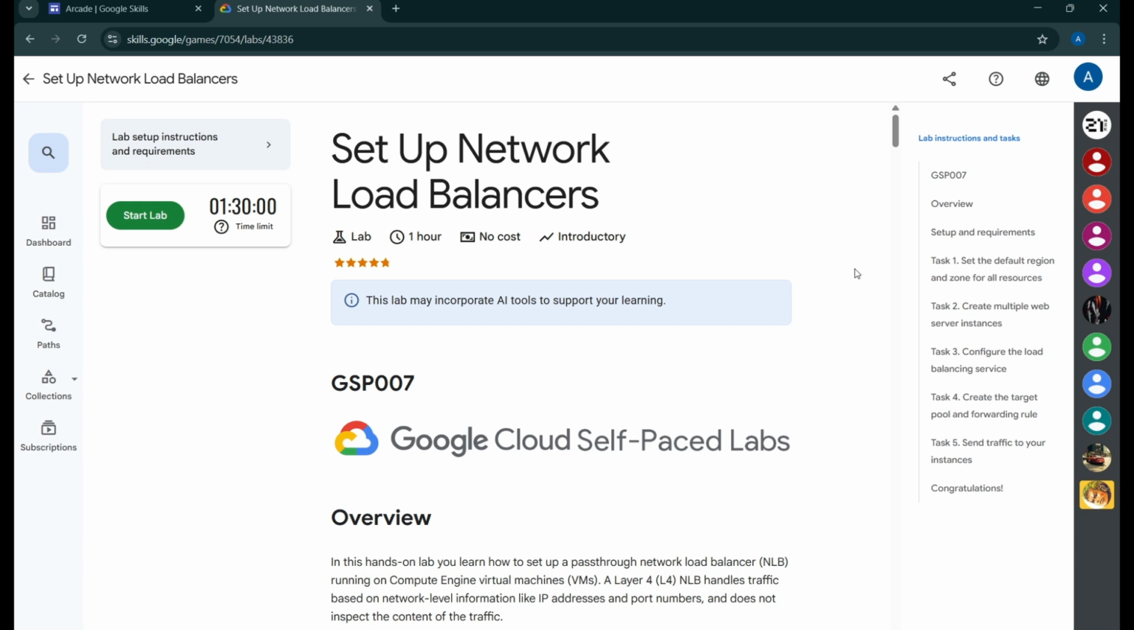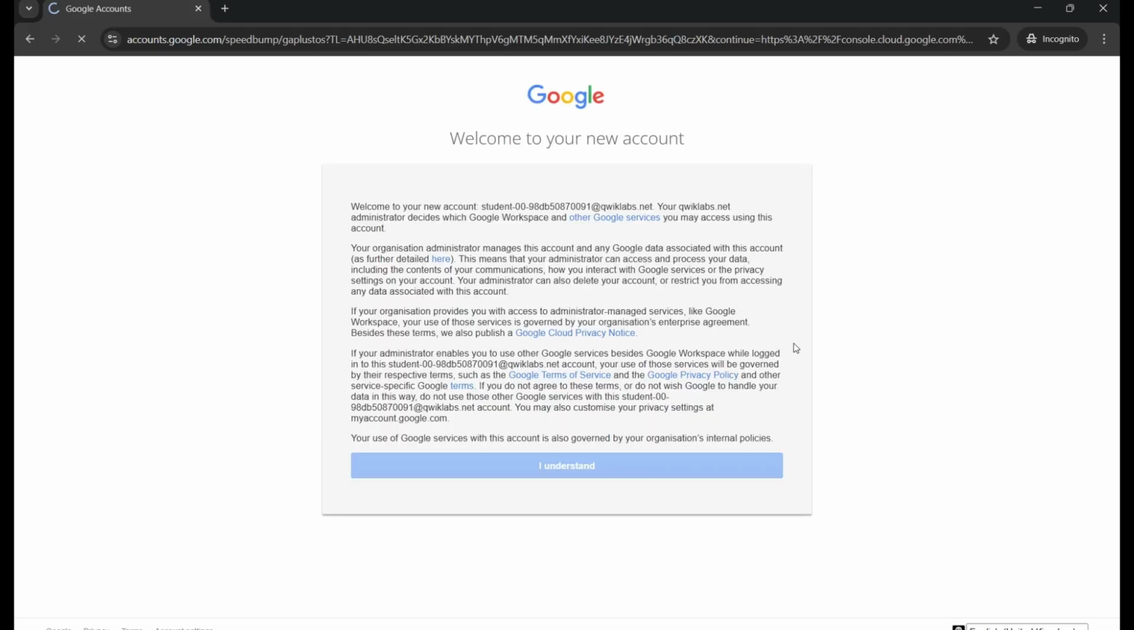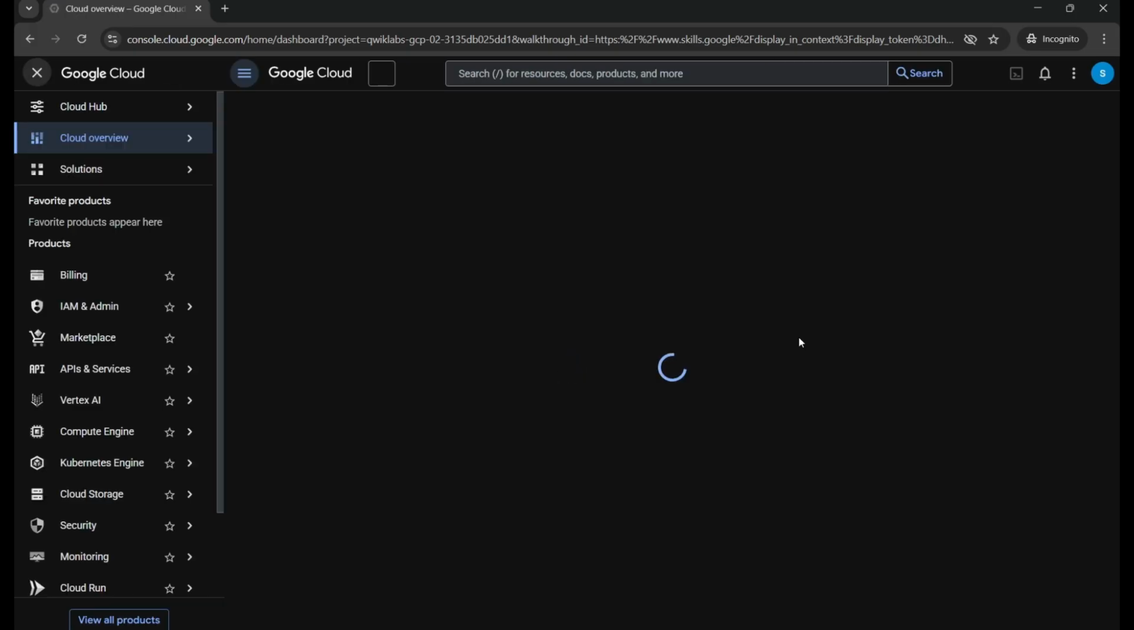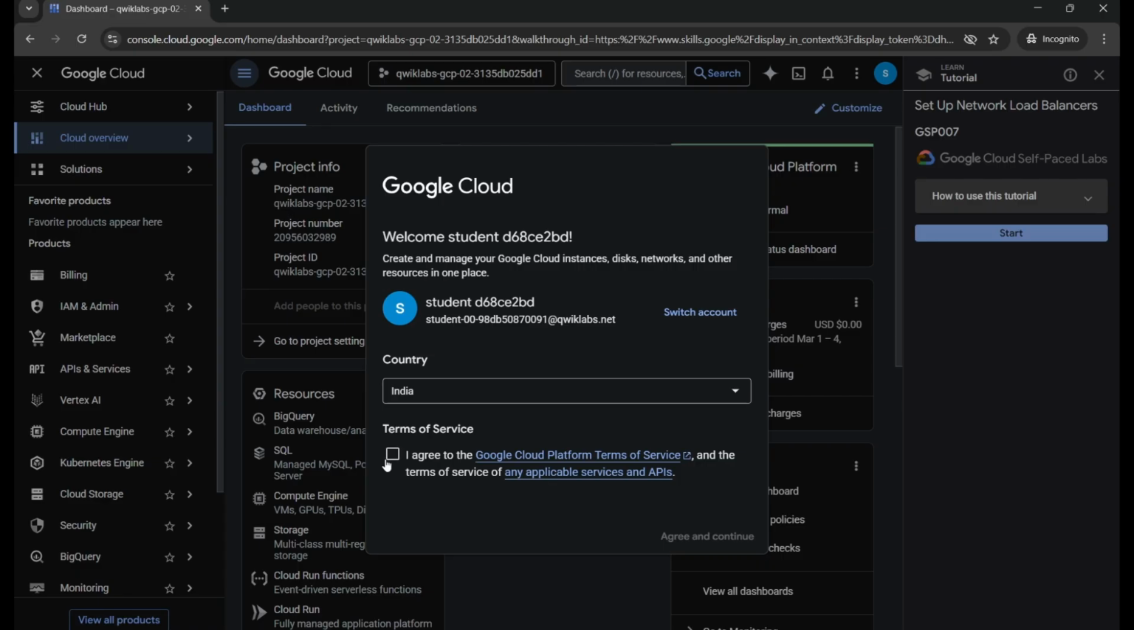वेलकम बैक टू गो टू कॉर्टेक्स। आज हम करने वाले हैं सेटअप नेटवर्क लोड बैलेंसर्स लैब। फर्स्ट क्लिक स्टार्ट लैब। नेक्स्ट हम इसे इनकॉग्निटो विंडो में ओपन करेंगे। क्लिक आई अंडरस्टैंड। आई एग्री, अग्री एंड कंटिन्यू।